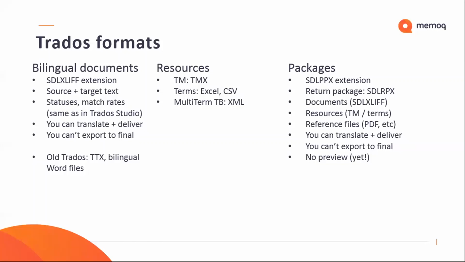The packages contain the bilingual documents I talked about. So these SDLXLIFF files, this is the most important type of content in the package, the things that you actually have to translate. But you will very often also receive